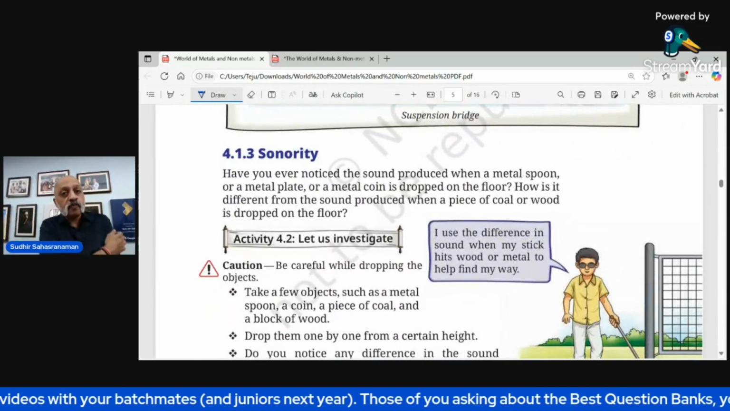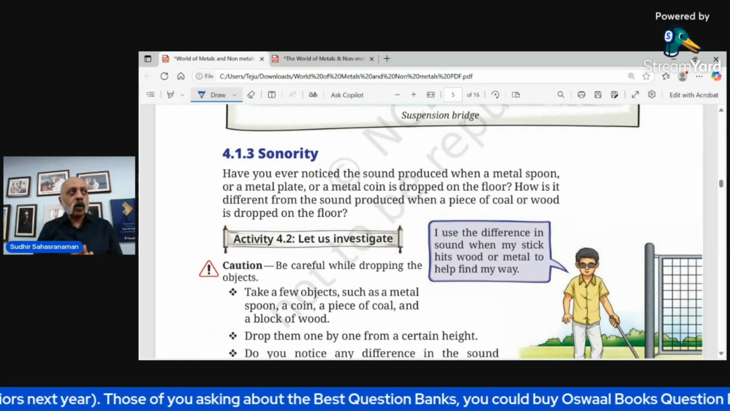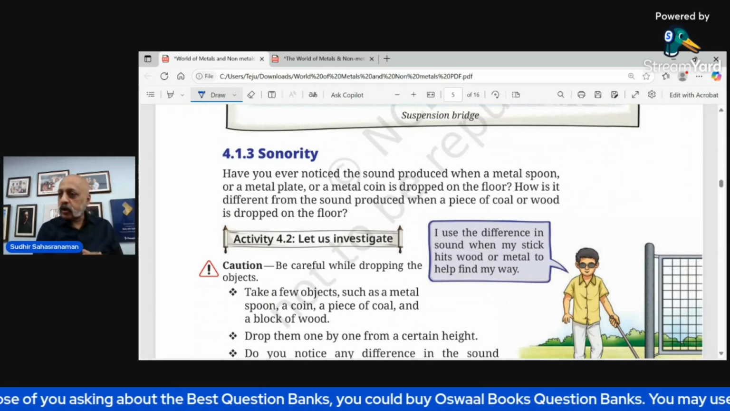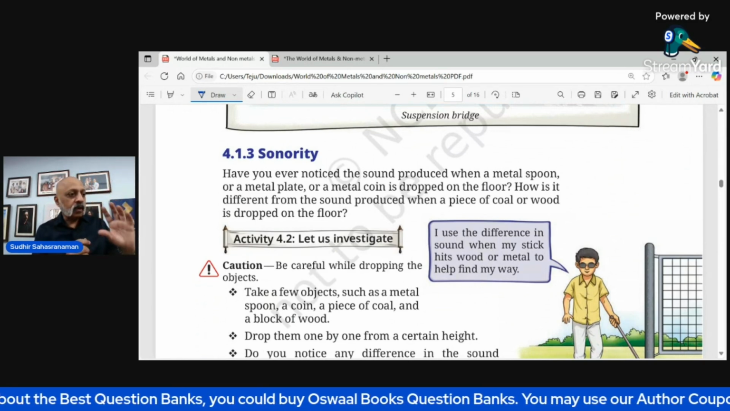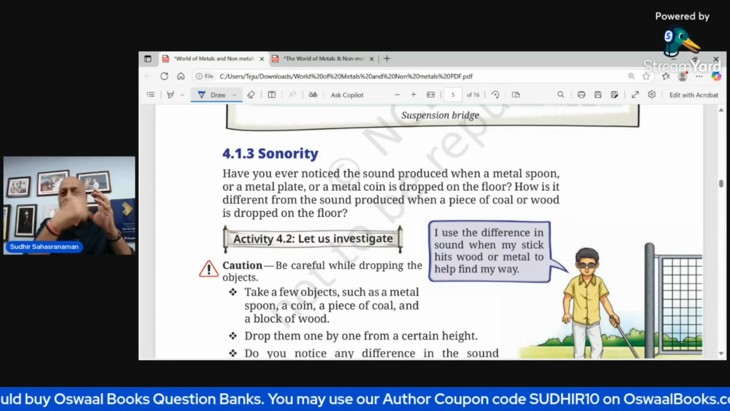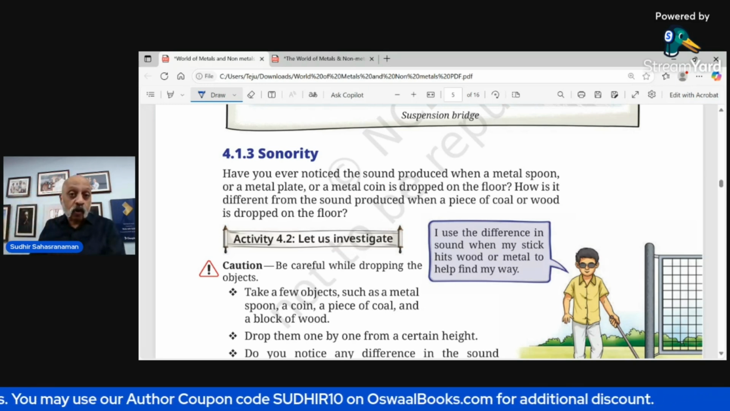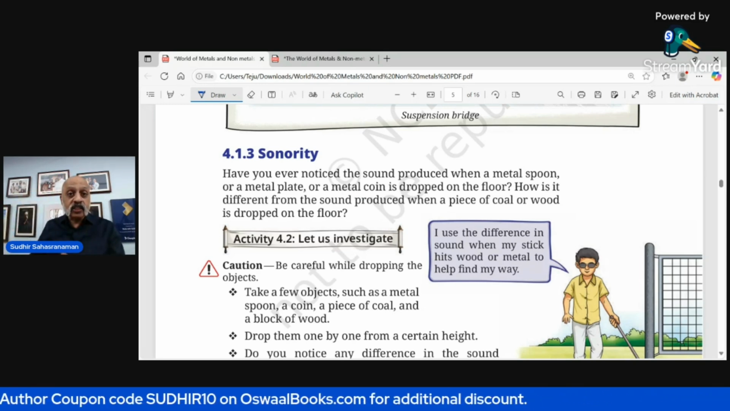The third quality of metals that I want to talk about is called sonority. Now, what is sonority? I should have got a glass and a tumbler. So just imagine a steel glass and a spoon. Tang, tang, tang, tang, tang, tang, if you do that, it will make a noise. Or sometimes when a plate falls or a utensil falls in the kitchen,